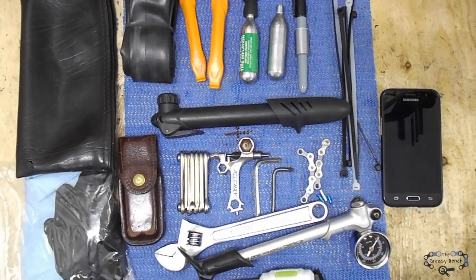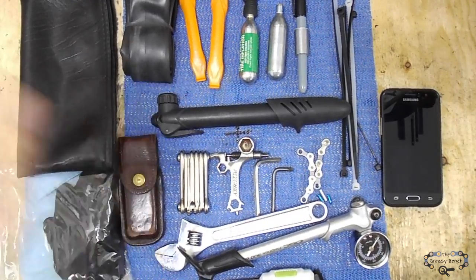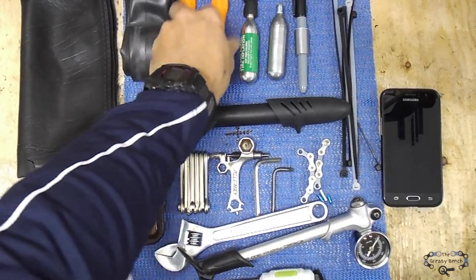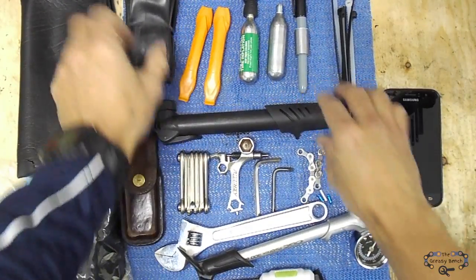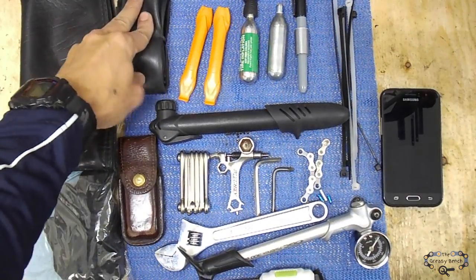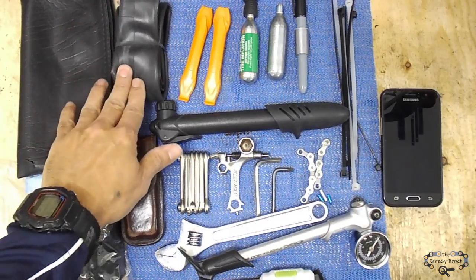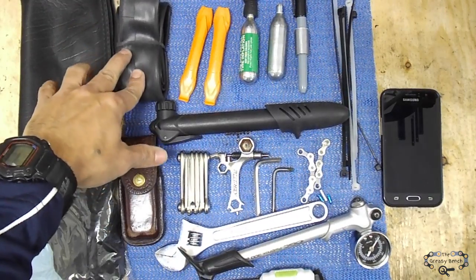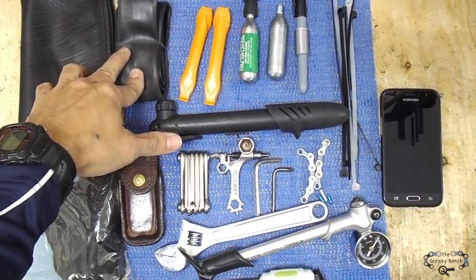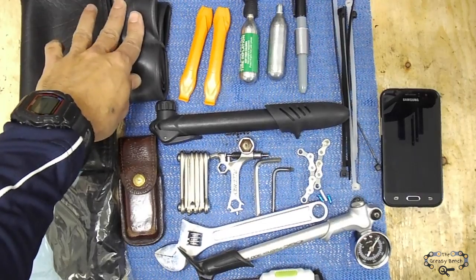Okay, so let's talk about what I carry to the trails. Let's start with the most obvious. You always are going to get maybe a flat, or maybe two, you never know. I'm running a tubeless system at the moment, but I always carry a spare inner tube just in case. Also, because most of my mates are not using tubeless, I always carry a 26 with a presta valve, because most of us were running 27.5, but a 26er will also work for my son's 24-inch mountain